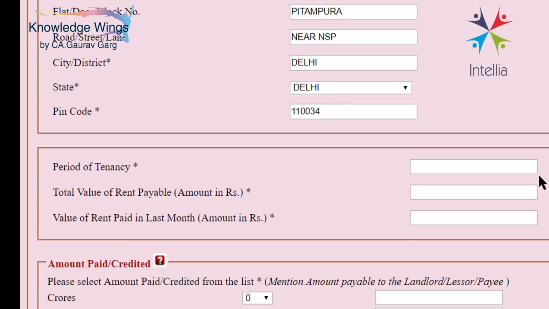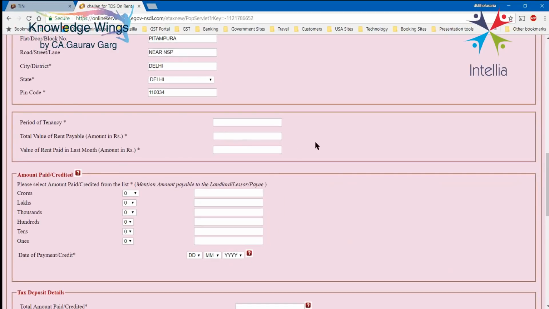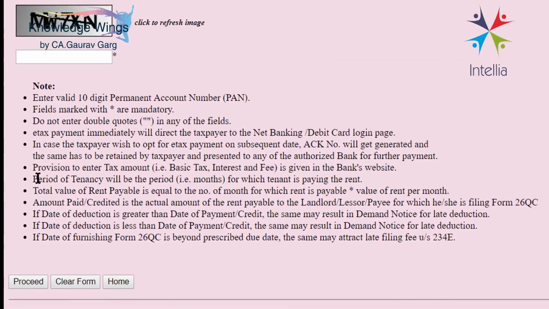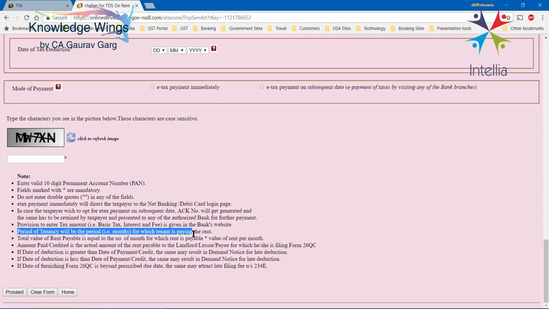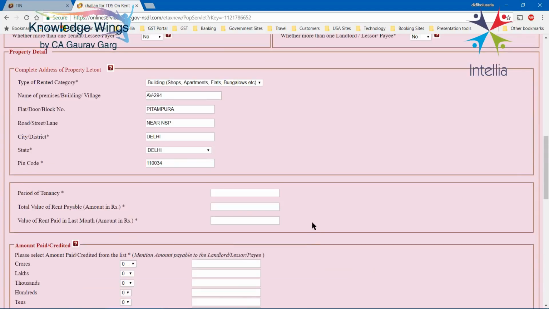Then it asks for the period of tenancy. Now it's a very interesting question. In the footnote, you will see the period of tenancy will be the period in number of months for which the tenant is paying the rent. You see, Section 194IB says that if you have taken a property on rent, then the responsibility to deduct your TDS is at the end of the financial year for which the property is taken. Let's say you have taken a property on rent and the period of tenancy is more than 1 year. So in that case,